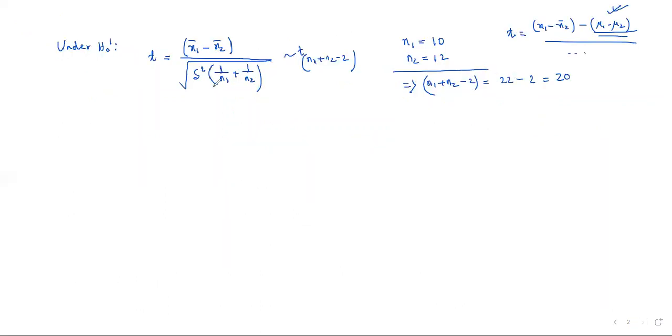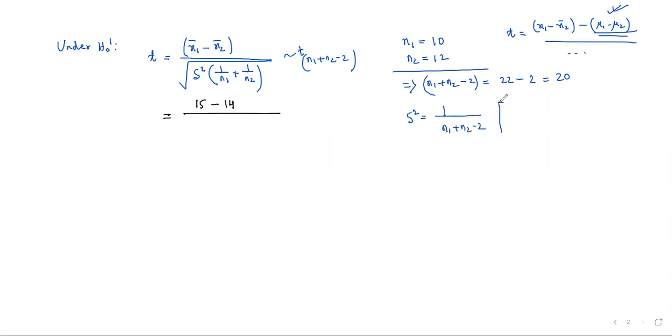Then we will try to feed the data into it. X1 bar is 15 and X2 bar is 14. And for calculation of capital S square, we need to apply this formula, that is 1 by n1 plus n2